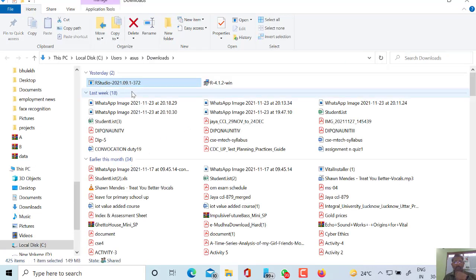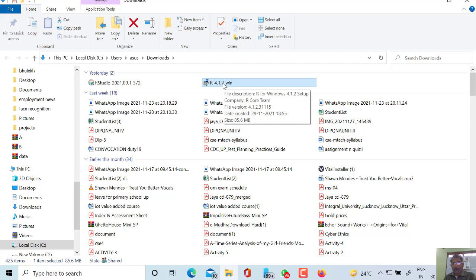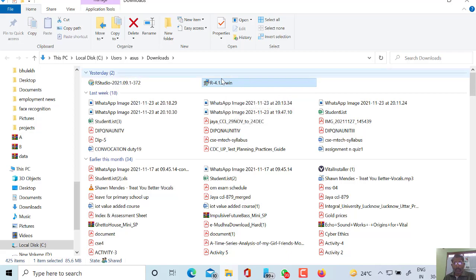I have already given instructions in the WhatsApp group for installing R and R Studio. This is R, and it will take some time, so don't be in a hurry. From here you can install it and follow the instructions.